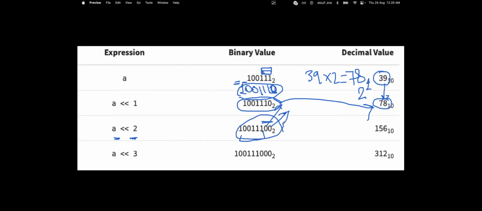And when I am representing this binary value in decimal form, I am getting this. And this is 2 times 39 raised to the power 2. If you multiply 39 by 2 to the power 2, that means 4, you will get 156. That means